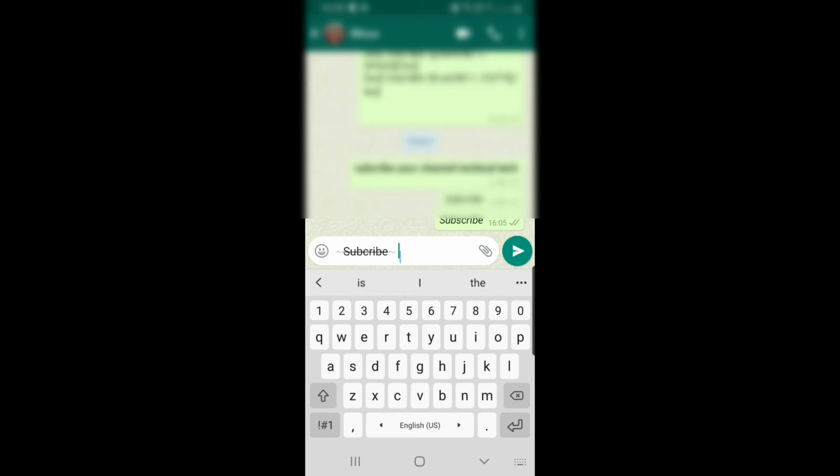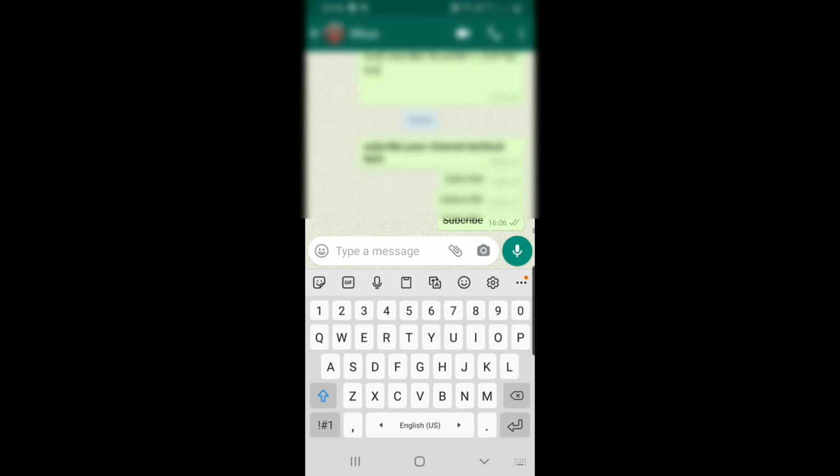If you do not have this three dots option, simply go on this and then click on this and select this. Done. And then the last one.